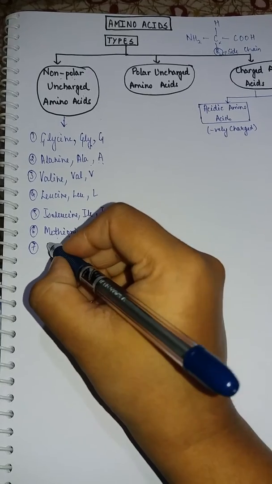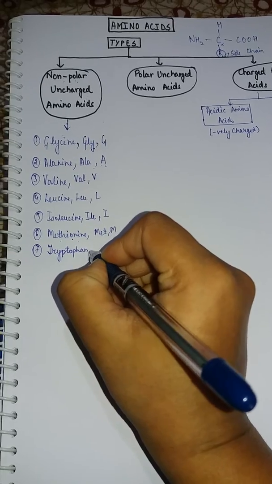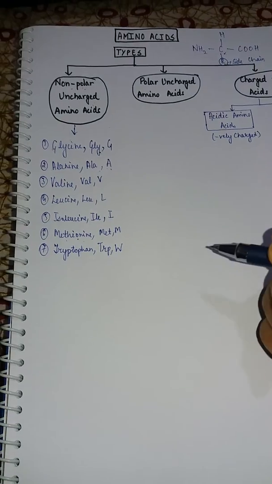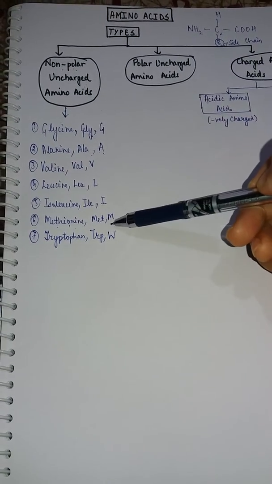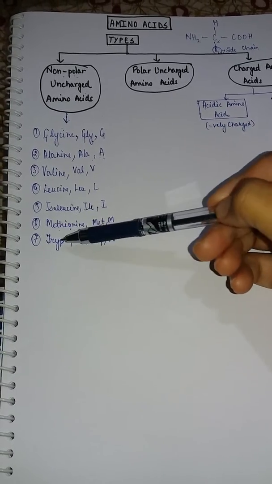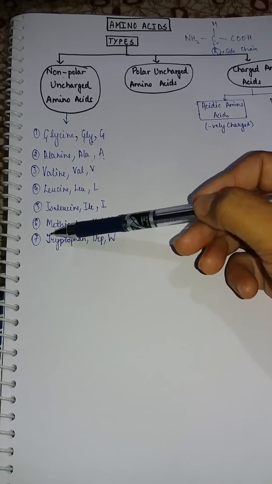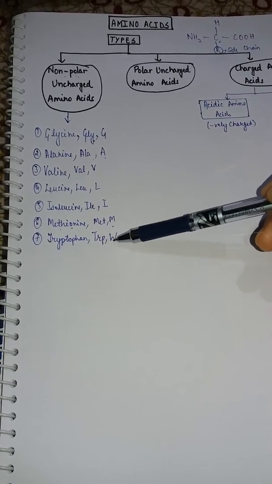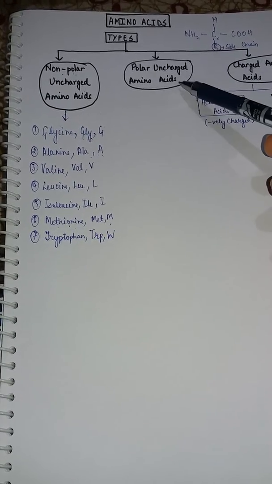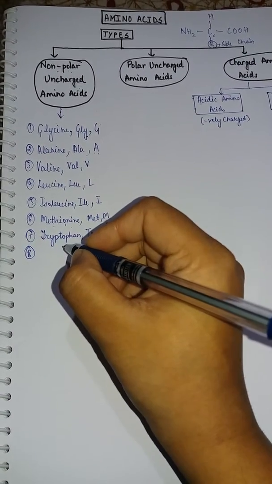The next one is tryptophan. Its three letter code is TRP and its one letter code is W. So up to methionine you were observing that the one letter code was related to the first letter, but in tryptophan you can see its one letter code is W. So one letter code is not related to the first letter of the amino acid. It's just given because T is the one letter code for threonine, which is a polar uncharged amino acid. So another non-polar uncharged amino acid is